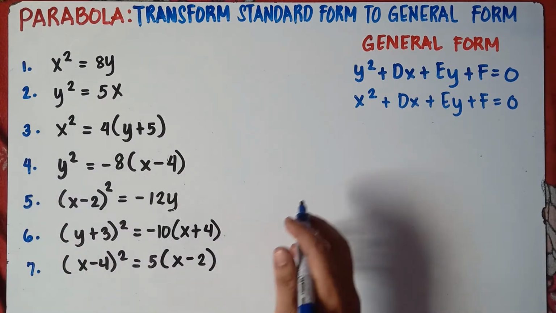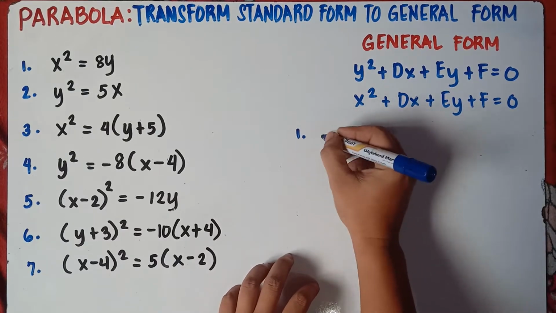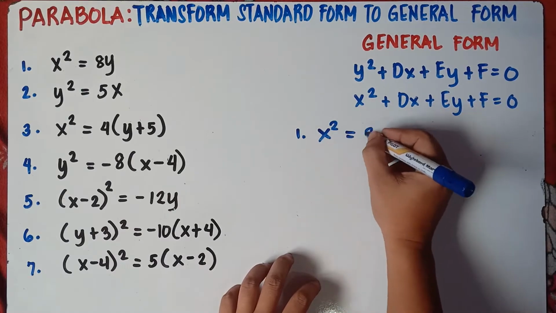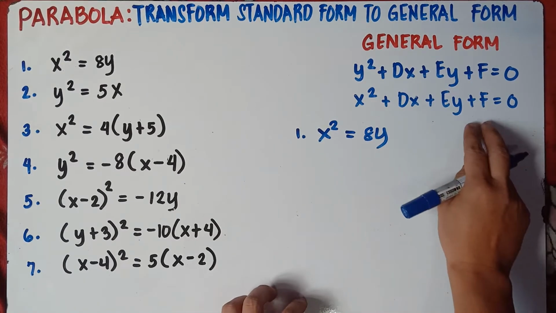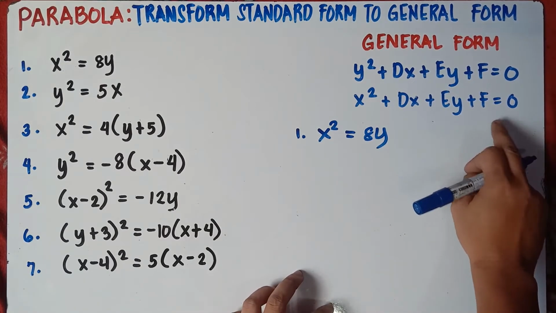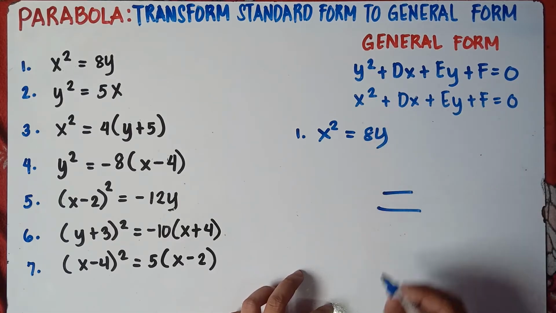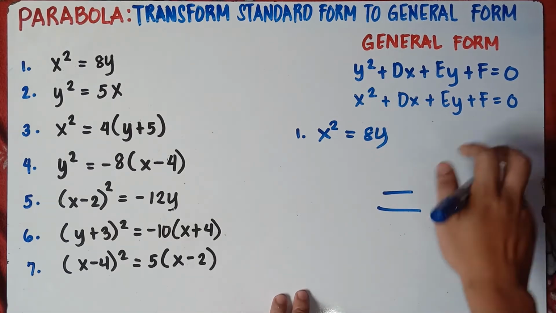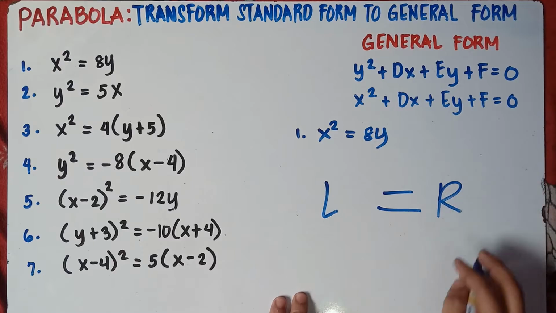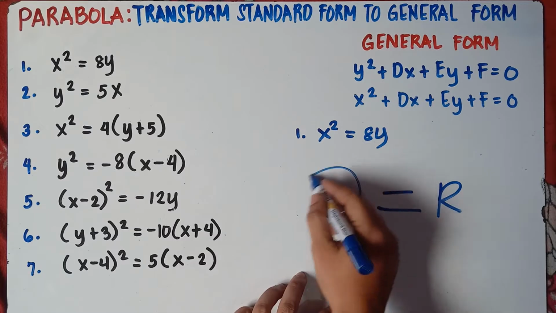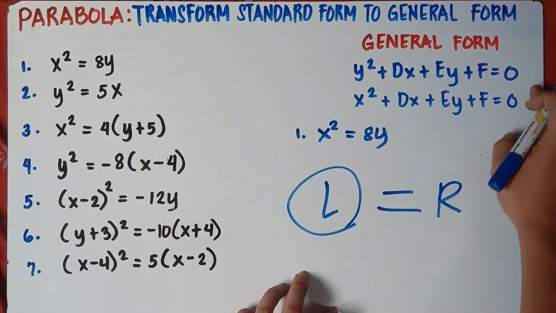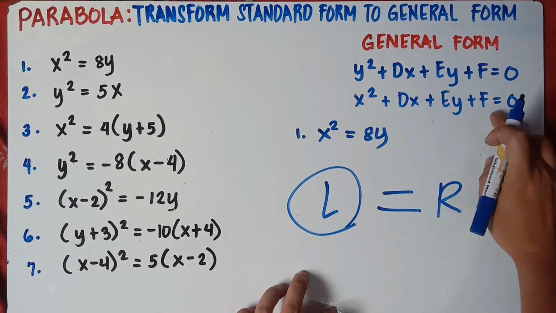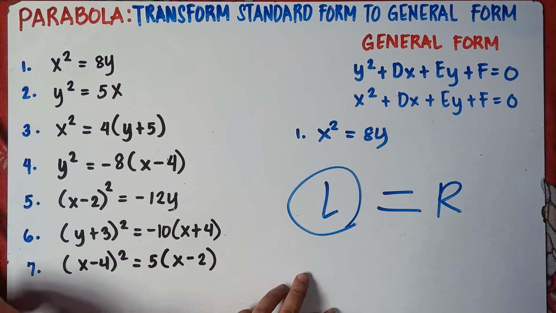Let's start with number 1. So number 1, x squared equals 8y. Once again class, all of the terms will be on the left side of this equal sign. This equal sign here, this will be left, this will be right. All of the terms will be on the left side, and the right side should be equal to 0. Check the general form class. The right side of this equal sign is 0. So therefore,